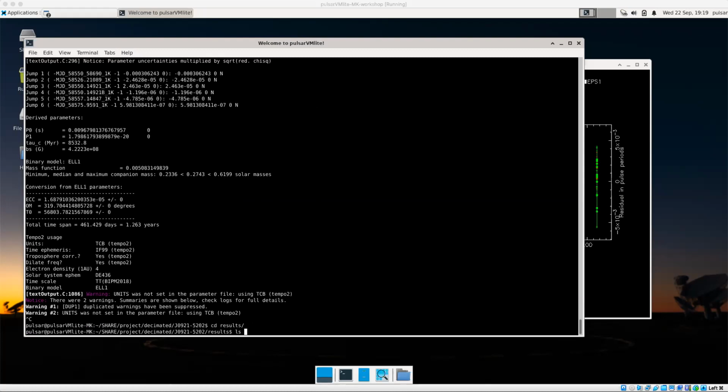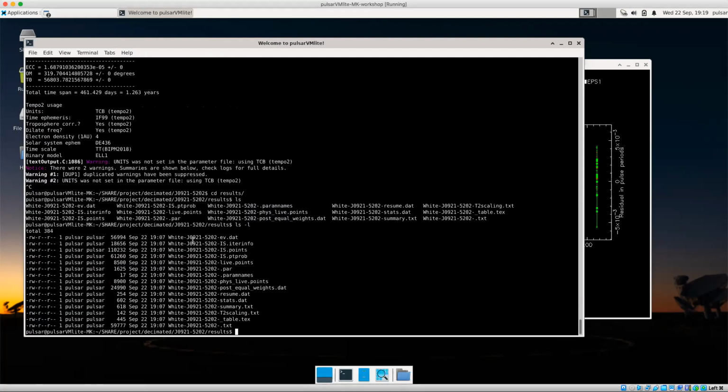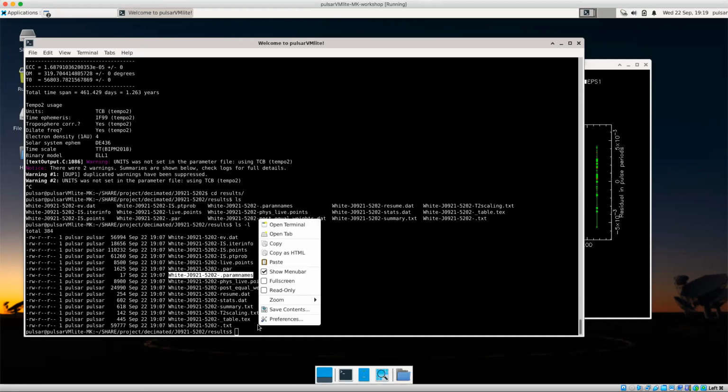Okay, so I've just gone into the results directory, and I'll type ls -l to see what's here. Okay, there's a lot here, but I'll describe the important files. First of all, there's the par file, which is what we've been looking at. There's also this .params file, which